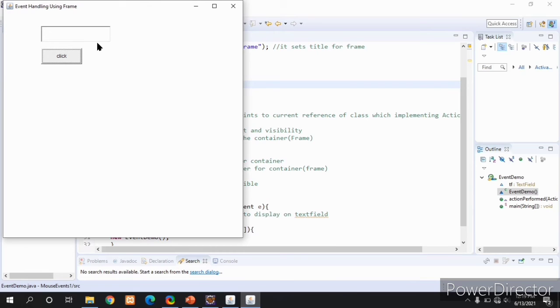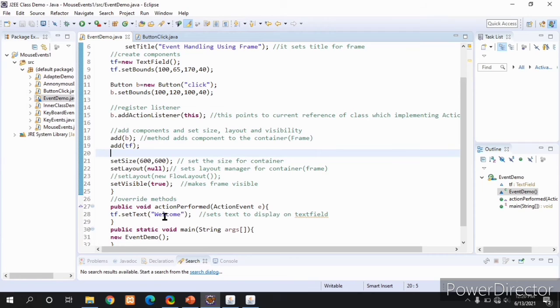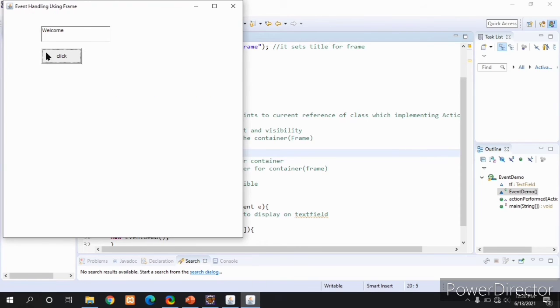See here, the height and width of the text field and button are changed, and the label displayed on the button is also changed. Initially it was click me, now it is click. When I click on this button, it will display welcome here. I have set the text welcome for this text field, right? So it is displaying welcome here.